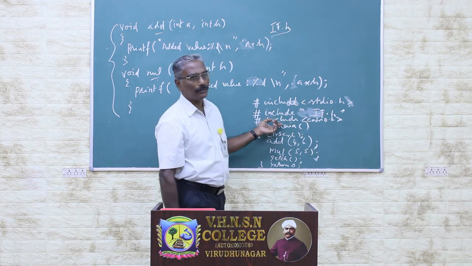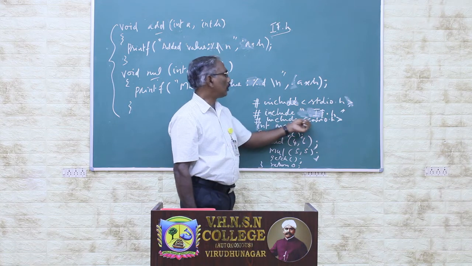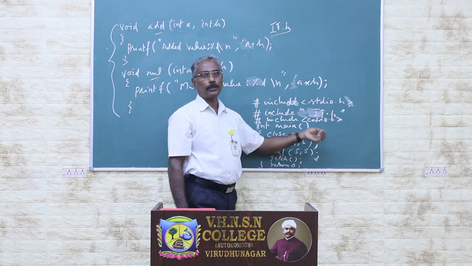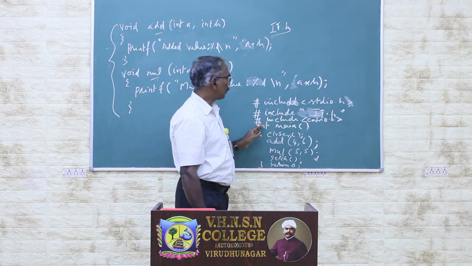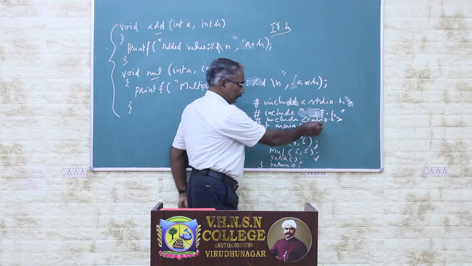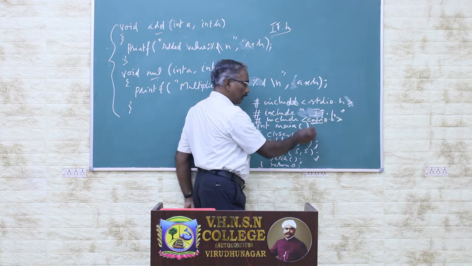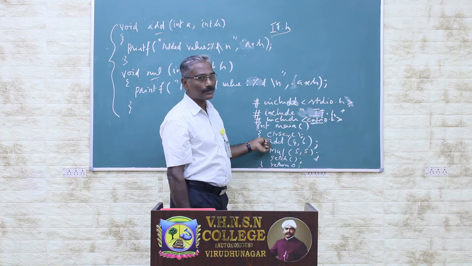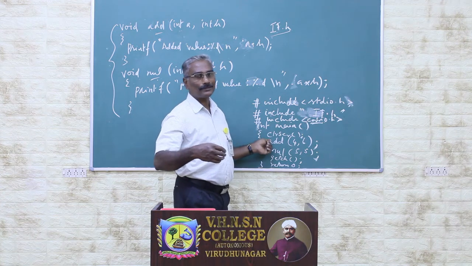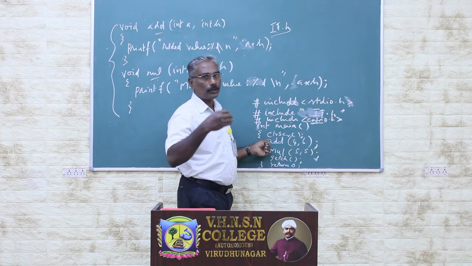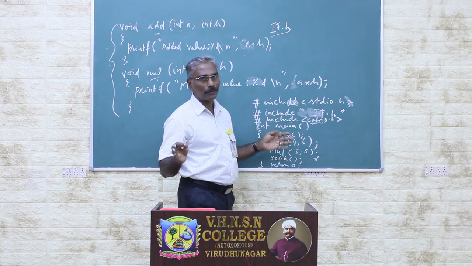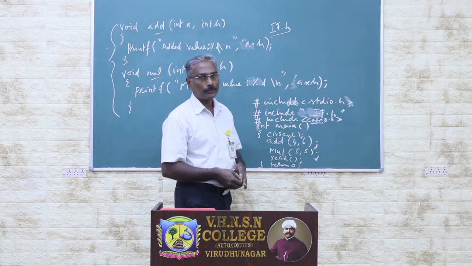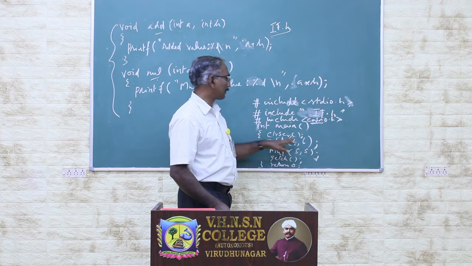And again you have to include conio.h. As you all know, conio is the console input output header file. You start the int main. When you are using conio, you are using a function that is clrscr. Clear screen means that when you execute your program, the other contents on your screen will be removed, and you are going to see only what you display. That is the purpose of using clrscr.